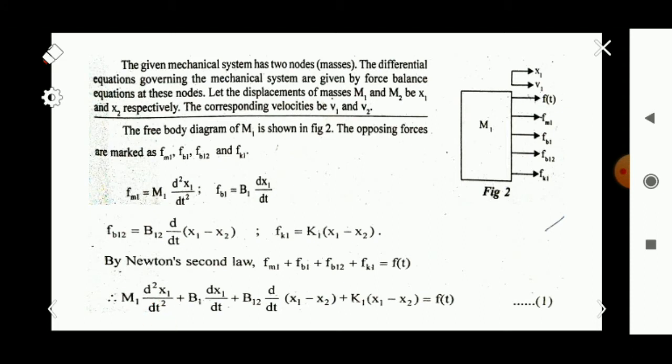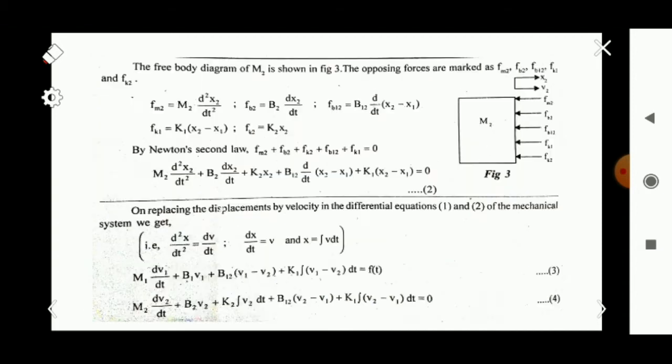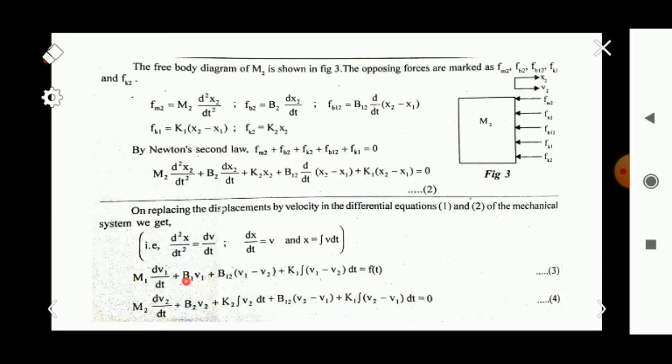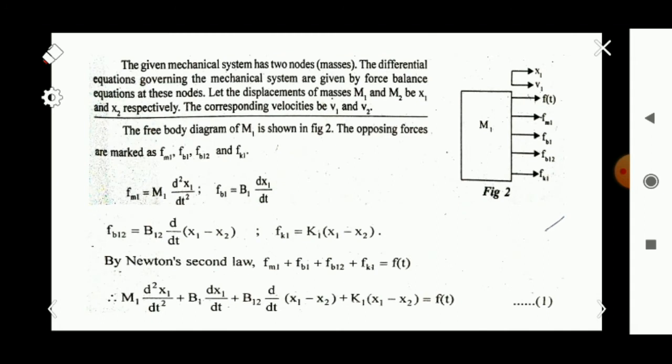Instead of d square x1 by dt square, we have to substitute dv1 by dt. So m1 into dv1 by dt plus b1 into dx1 by dt. This dx1 by dt is v1, so b1 into v1. Here b12 into d by dt of x1 minus x2. So b12 into v1 minus v2. We know that dx1 by dt is v1, dx2 by dt is v2, so b12 into (v1 minus v2),